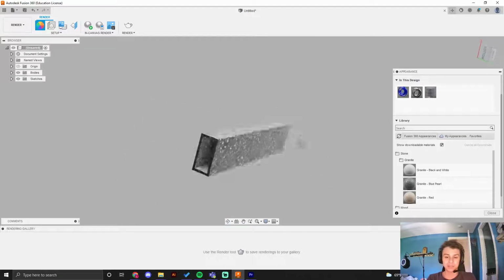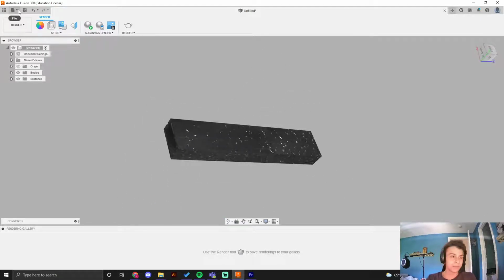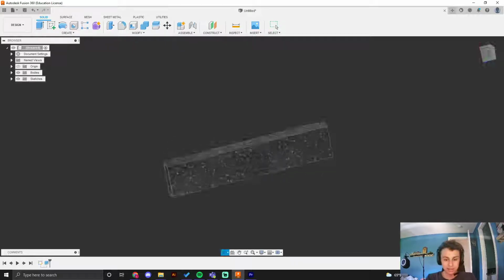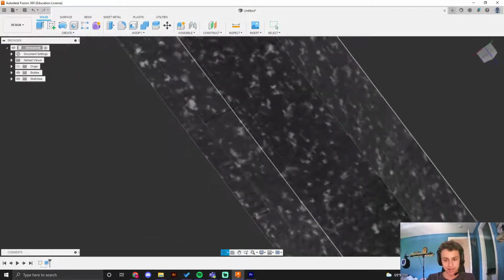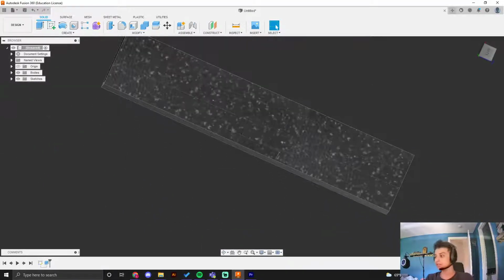Check the front, back, and sides. Make sure it looks good how you like it, and then when you go back to your design, it's going to automatically save it to your duct tape texture. And yeah, that's all for appearances. And I think that's all for